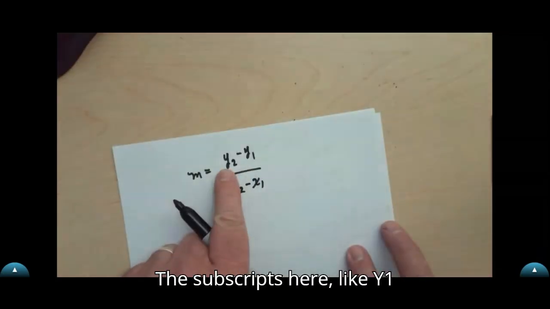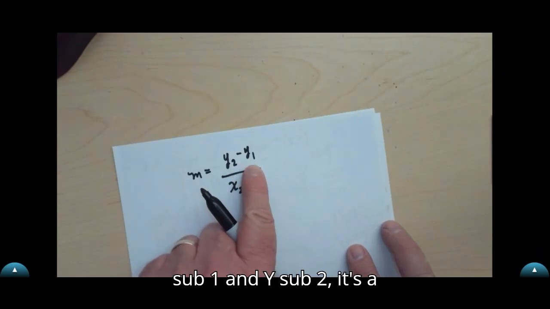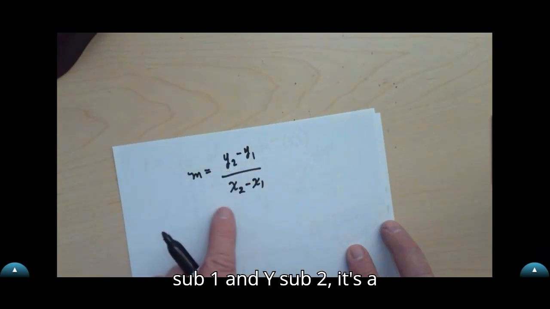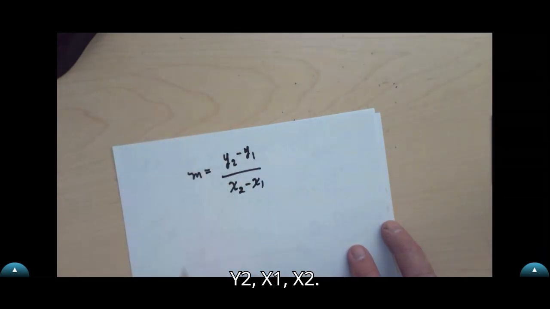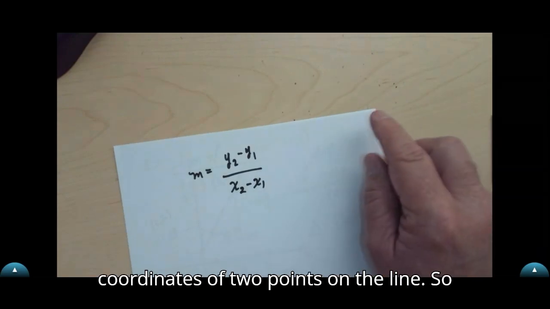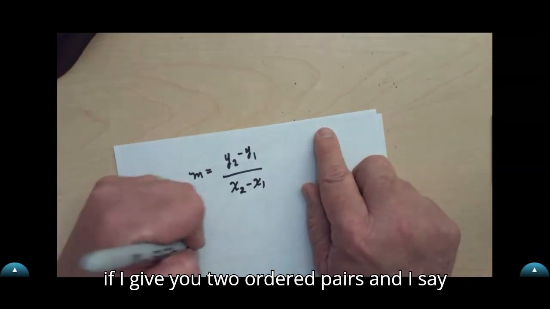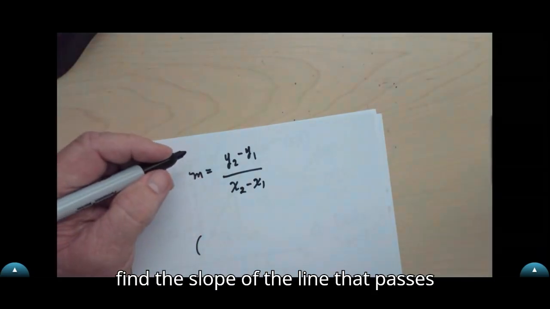The subscripts here, like y1 and y2, technically that's y sub 1 and y sub 2. It's a subscript, but I just say y1, y2, x1, x2. Those are the x and y coordinates of 2 points on the line. So if I give you 2 ordered pairs and I say, find the slope of the line that passes through